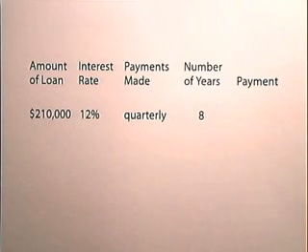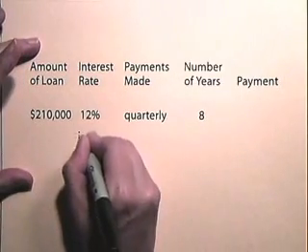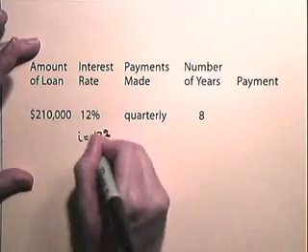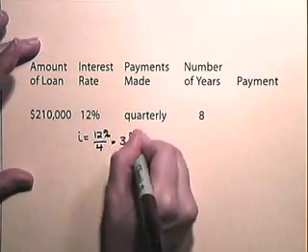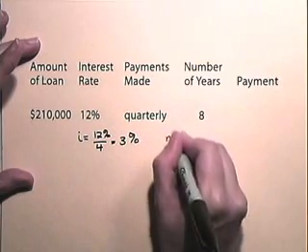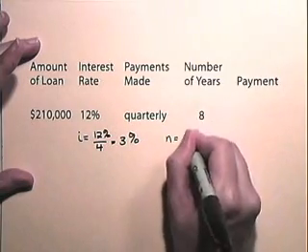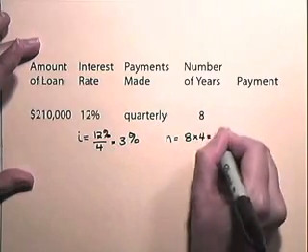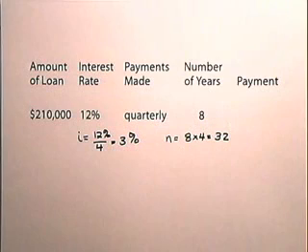The first thing we need to do is determine the interest rate per period. So the interest rate per period will be 12% divided by 4, which is 3%. N, the number of payments, will be 8 years times 4 payments per year, which is 32 payments. In order to find the payment, you will look in your book at the amortization table. You will look for the interest rate of 3%. You will look at 32 payments, and you'll find the factor from the table to be